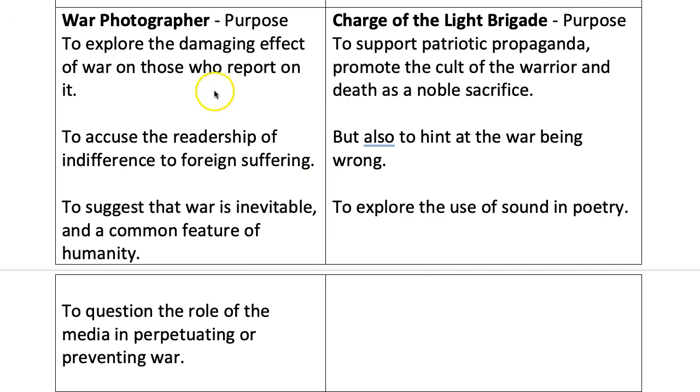And so this is a way that sound influences the understanding of the poem, because she's challenging the middle classes and saying, you know, you think that you're educated, you think that you've got a proper place in the world, but actually, what sort of world are you tolerating? What's the price of your education if it allows these wars to continue without your protest? And whereas in this poem, we've got the opposite, where protest is forbidden. Nobody is blamed for the blunder. It's just someone had blundered. And no one is going to be made responsible for the senseless order that led to the death of over 400 men.